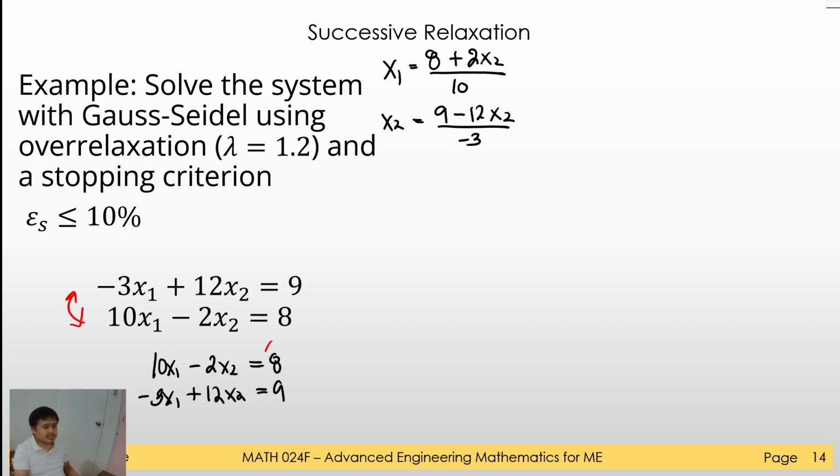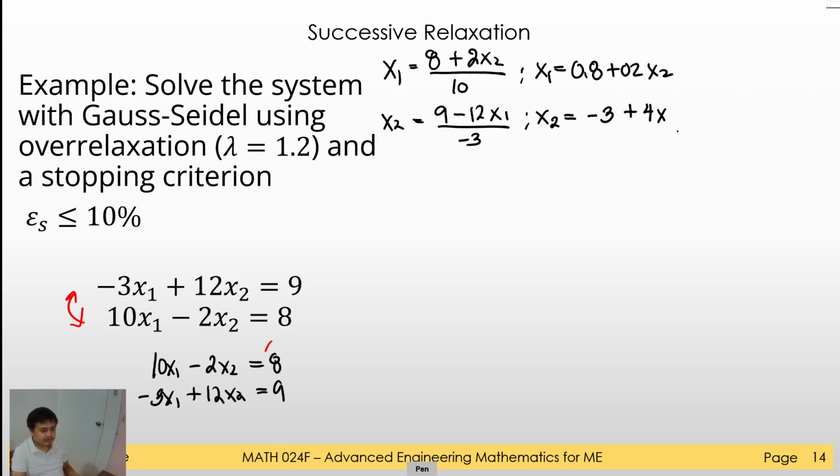Okay, so we can actually simplify this to make things easier for us. So we have here x1 is equal to 0.8 plus 0.2 x2. And then for x2, we have negative 3 plus 4x